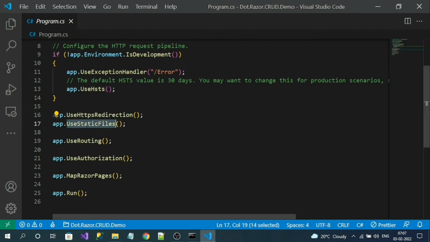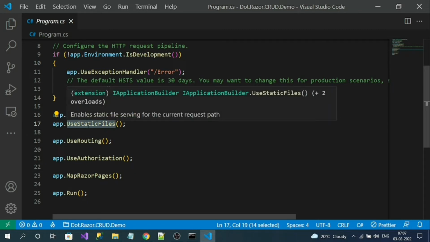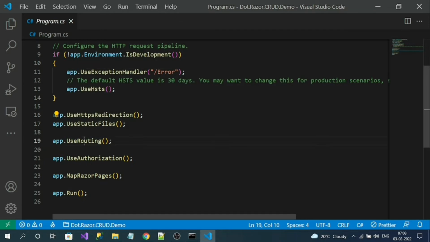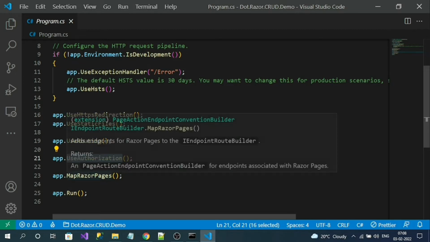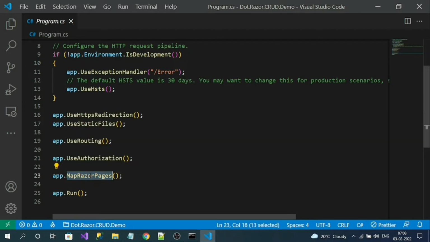UseStaticFiles is to deliver the static files like JS, images, CSS files. It won't allow any static file request beyond this middleware. Here itself all the static files will be delivered, and UseRouting will configure the route table. Authorization is for enabling the authentication process. Here you can observe the MapRazorPages middleware that will enable the routing for our Razor pages. Okay, that's all about